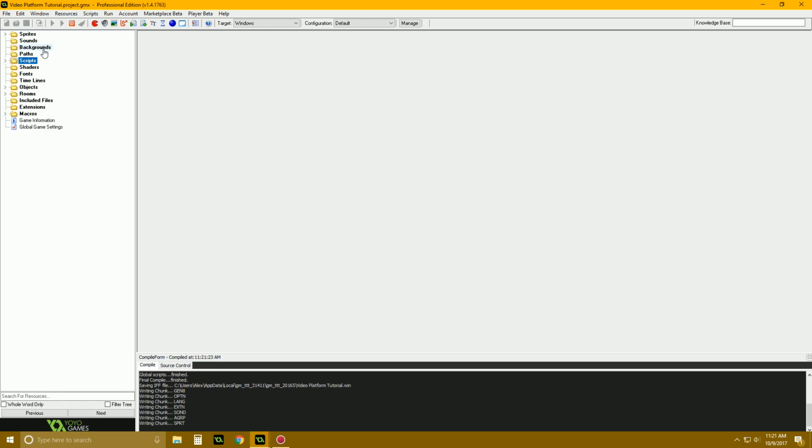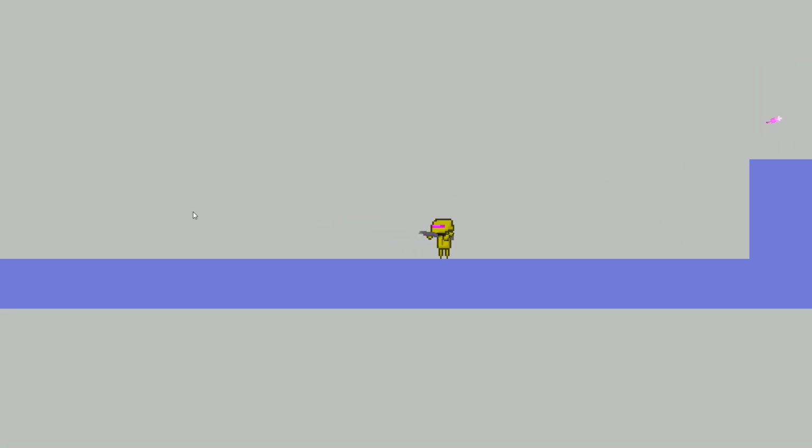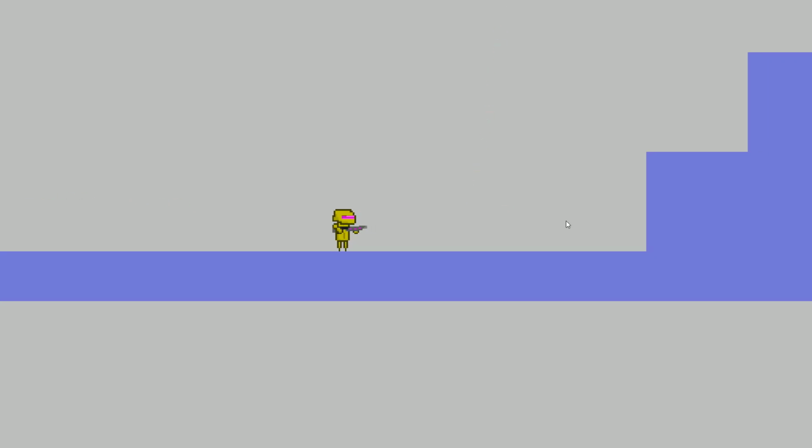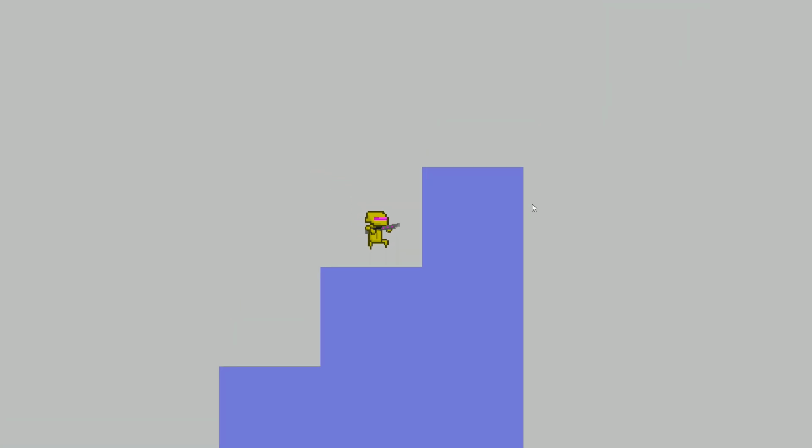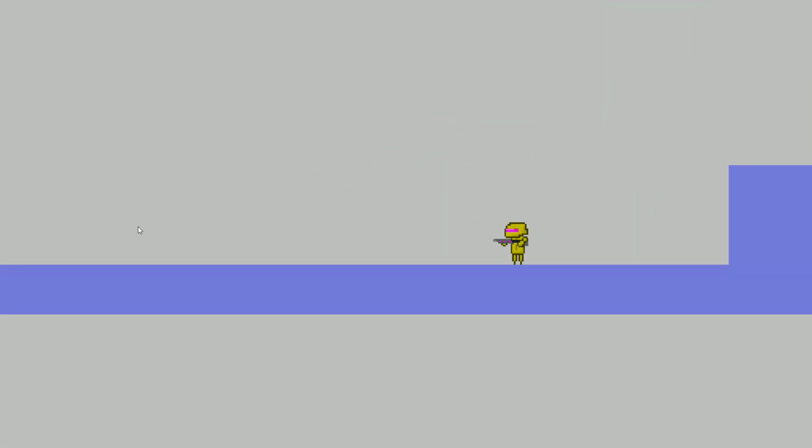Some stuff won't be working, of course. We have actually just a little bit of code to go before this is already set up. Hopefully nothing crashes. So as you can see, we can now look. I'm holding the mouse button, and we are firing our bullets, because we programmed the bullets already to fire. Now we can't actually fire right now because technically we shot 12 times and we ran